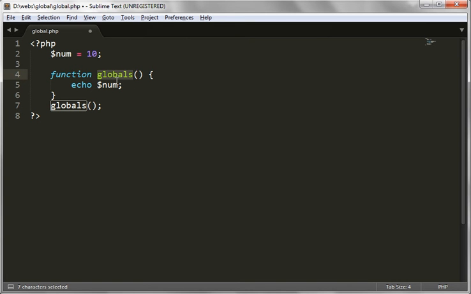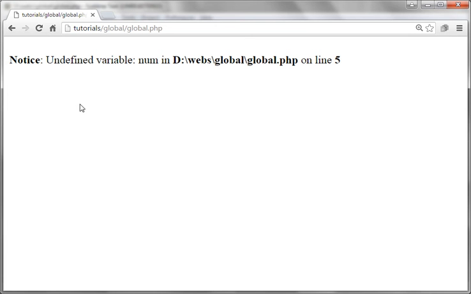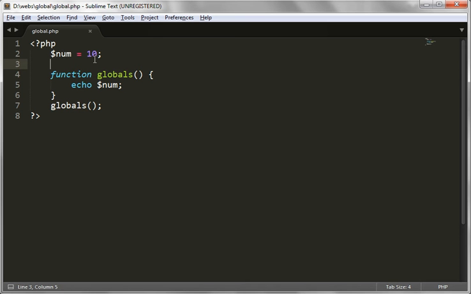I'm using globals as the function name, and whenever you call this function you will get an error: undefined variable num. Num is already defined outside, yet we still get an error because of the scope of variables. It is out of the scope of this function,